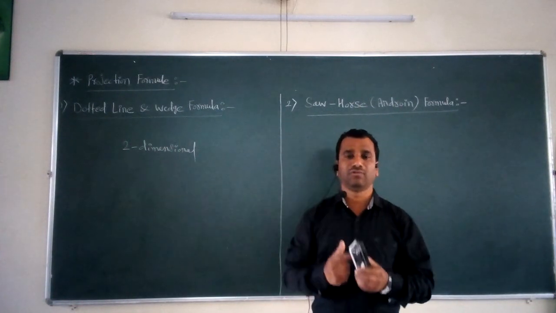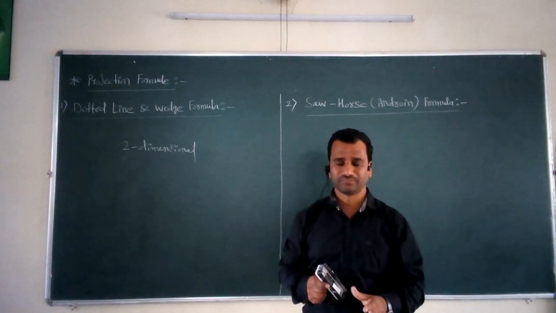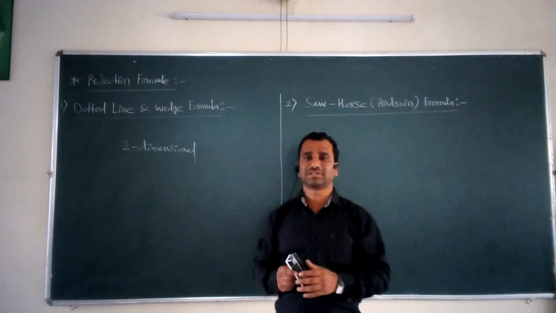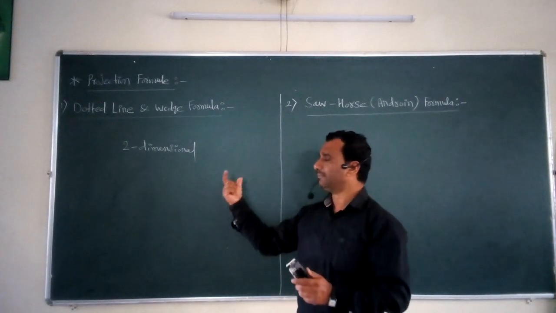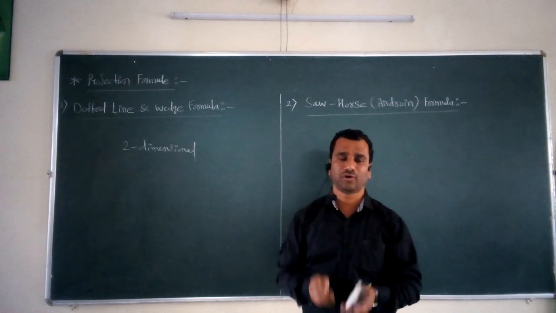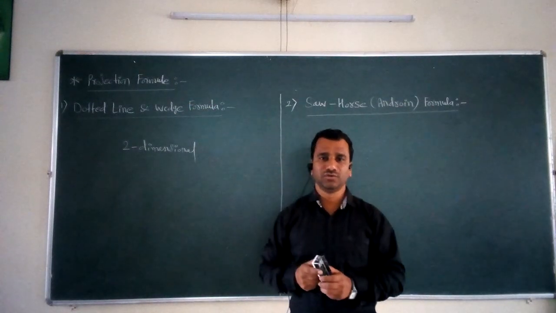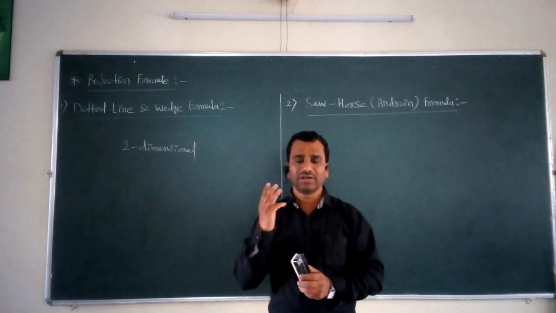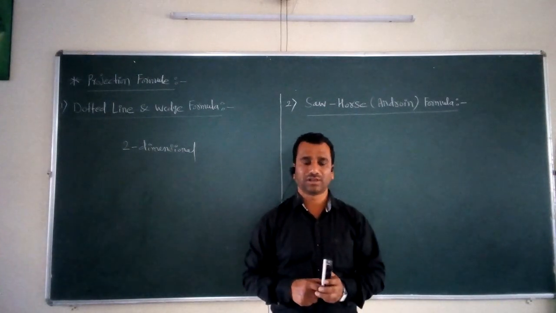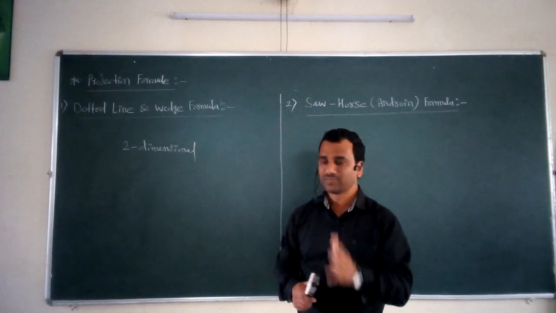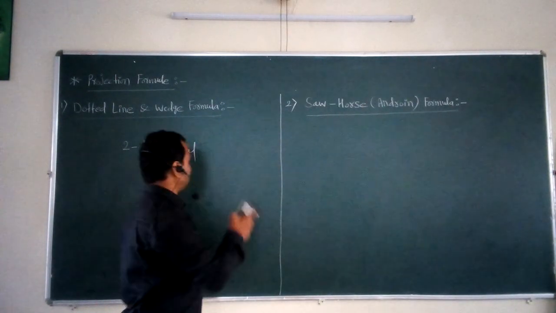But suppose we want to draw the structure of an organic molecule in a three-dimensional view. It is not possible for us to draw the structure of that molecule in a three-dimensional view on a plain paper or on a blackboard. So to overcome this problem of drawing structures in a three-dimensional view, some projection formulas are useful. There are four different types of projection formulae which are useful for drawing the structures of organic molecules in a three-dimensional view. In the current lecture we are going to take two important projection formulae from your syllabus.